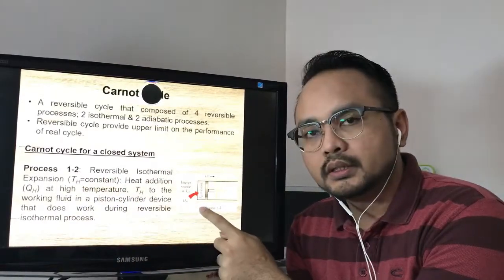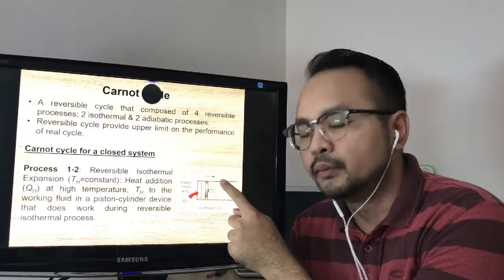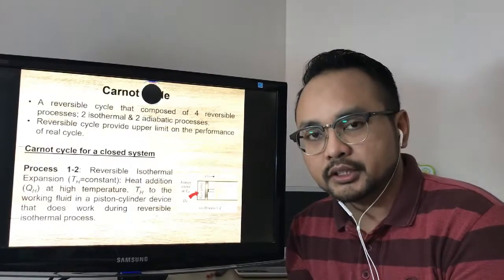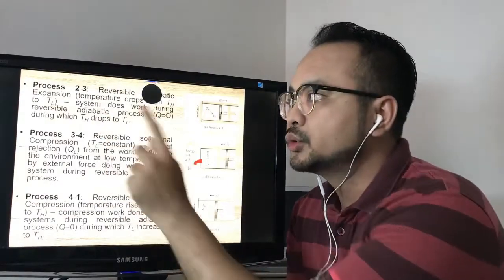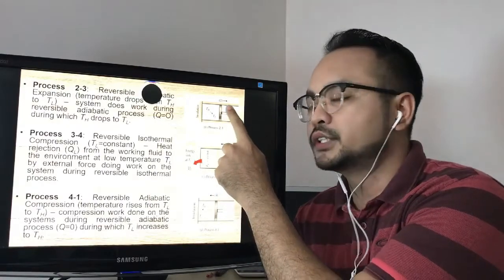And also, this heat will cause the piston to move from position 1 to position 2. So this process is also isothermal expansion. Next, we go to process 2 to 3, in which the piston cylinder will further move from position 2 to